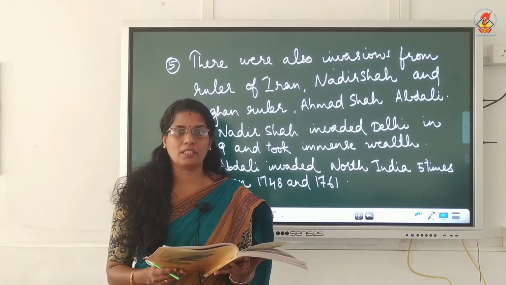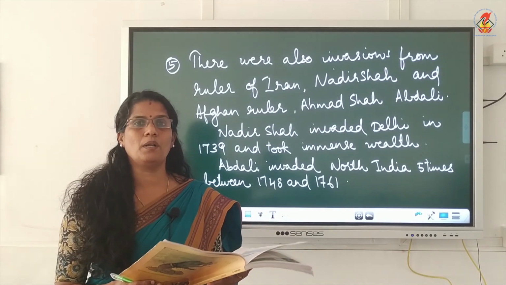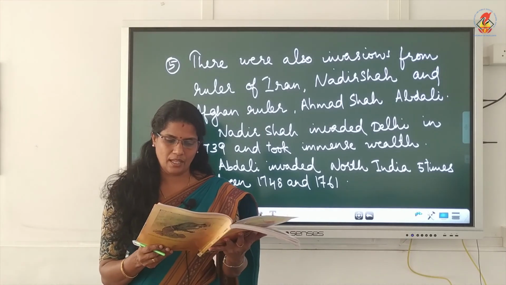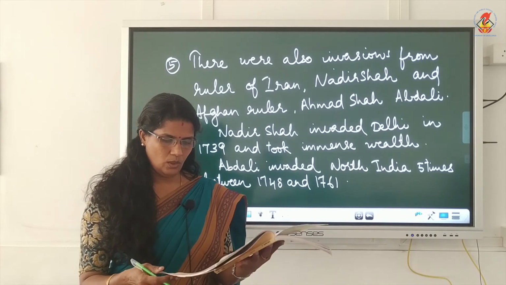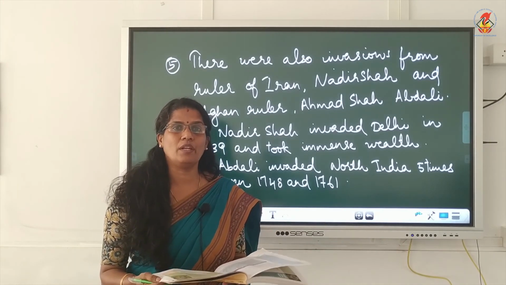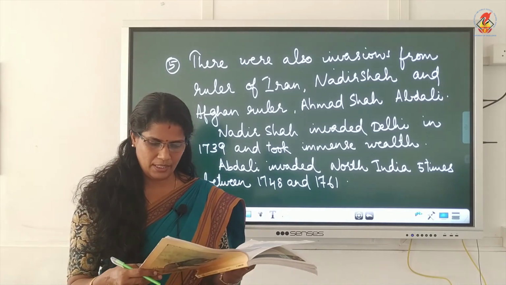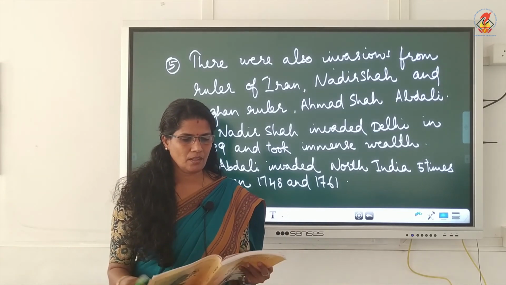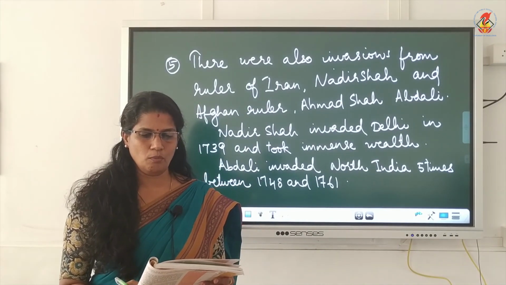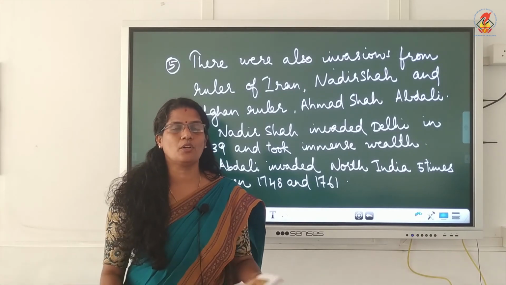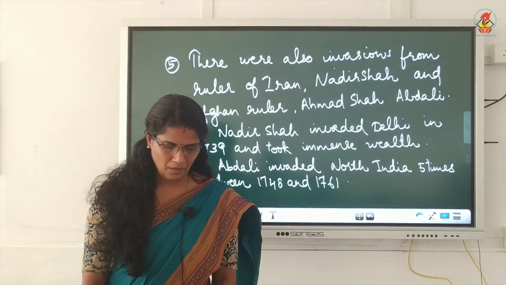Now in the last paragraph, page number 141, you can see what happened. The nobles made two groups, the Iranis and Turanis. Underline that point. Now the later Mughal emperors were very weak. They were puppets in the hands of these two groups, Iranis and Turanis. Underline. Then all this caused the decline of the Mughal empire. So five points you have to write down for the reasons for the decline of the Mughal empire.